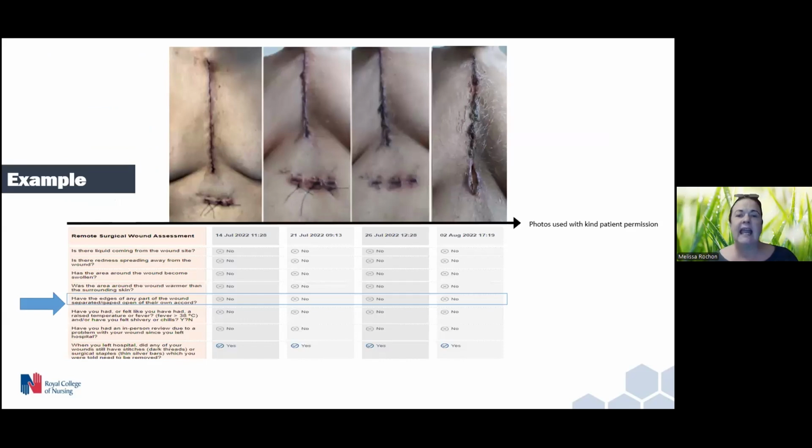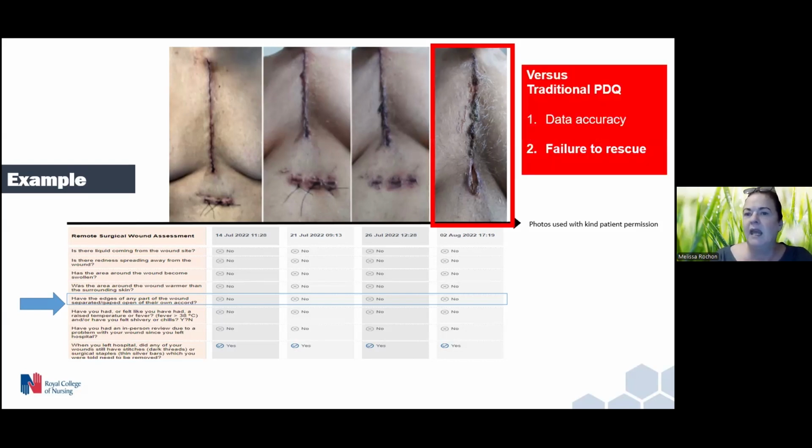And what does that look like in practice? Well, you can see here the example of a patient's healing pathway. At the beginning, they've got their drain stitches in, and then you can see it's removed. But what's really interesting is where the patient's reporting, do you have any gaping or opening of the wound? And the answer is no. And here is an example for me of where the image can really show that you're improving your data accuracy by adding the photo, but also you can intervene and you can get that patient treated before that concern becomes worse. So that's really, really exciting.